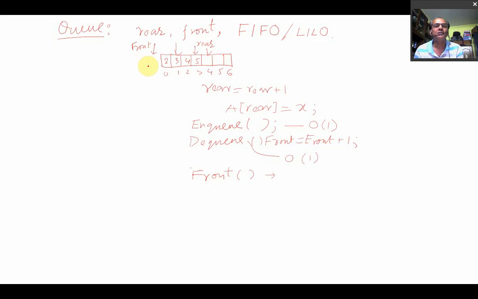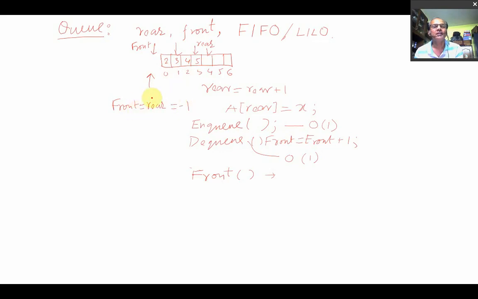Initially, when the pointer is here, definitely front is equal to rear is equal to -1. As we are implementing this queue through an array, the starting address of front and rear is -1. What does it mean?